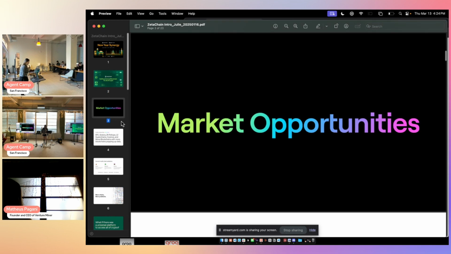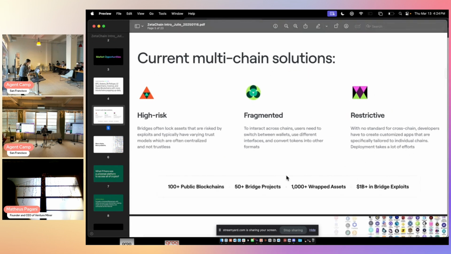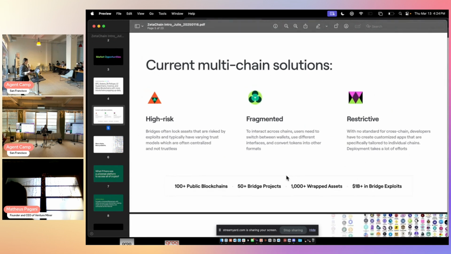And then I'm going to go through here very quickly. If you can see, current multi-chain solutions have a lot of high risks, especially the bridging systems, and are also very fragmented. When you need to interact across chains, users need to switch between wallets or use different interfaces and convert tokens into other formats.